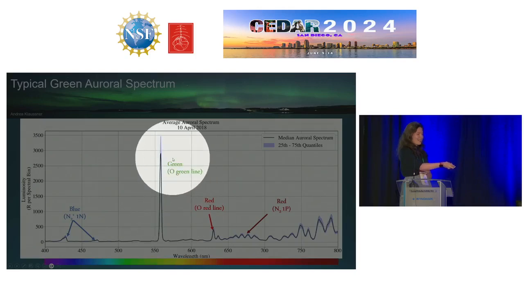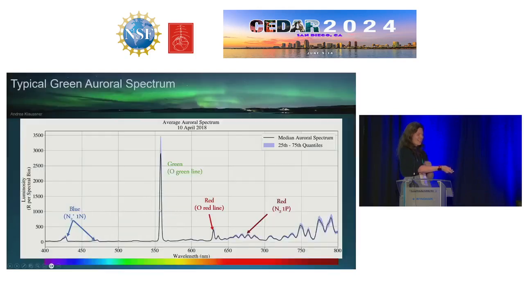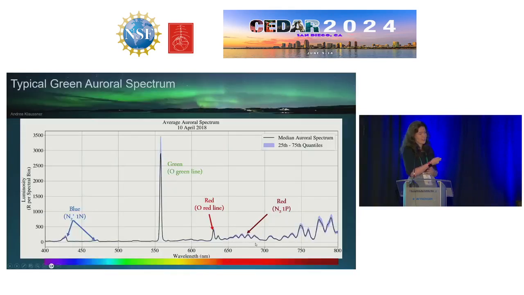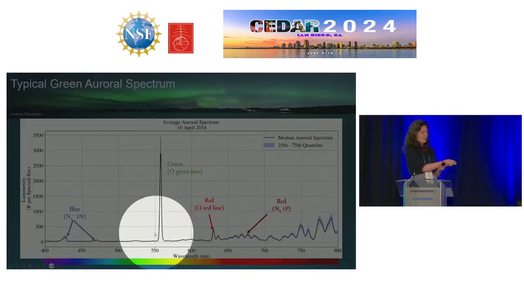You can see that the main feature here is this green line. This is created by atomic oxygen, and it is the brightest thing. This is why the typical aurora here looks green. You also have contributions from the oxygen red line, and then this banded feature is from nitrogen. It's the nitrogen first positive. It's in the red. And then notably, you also have these features in the blue. This is the N2 plus